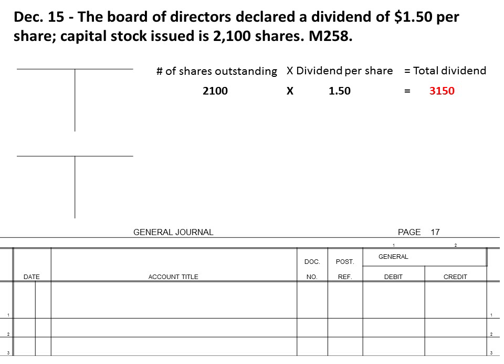$3,150. So we now have figured out how much this dividend is going to ultimately cost us as the business, or lessen our stockholders' equity. So now we need to basically record it. It's going to get recorded into the general journal, and we're going to use two different accounts. The first account, which we talked about before, is the dividends account. Remember, the dividends account, best way to explain it is it's a temporary account that gets closed to retained earnings. However, it is ultimately very similar to the drawing account as we used earlier in this year.